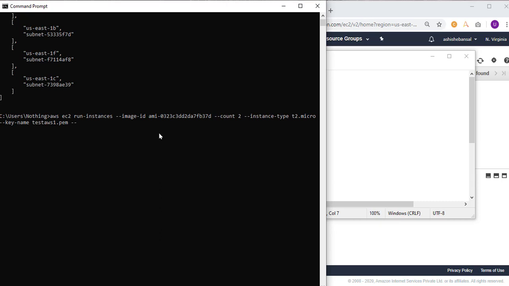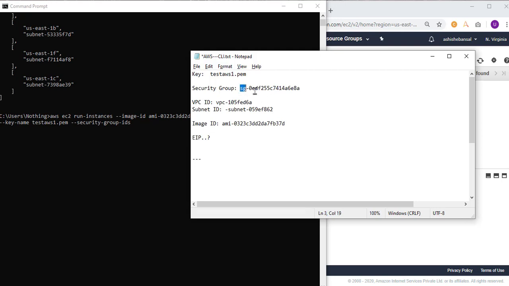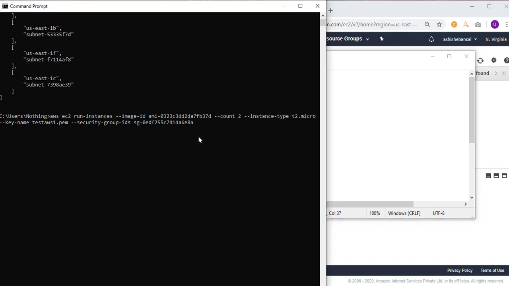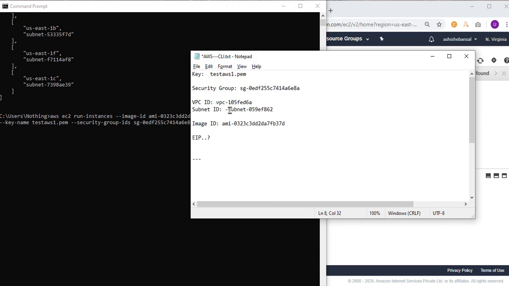Then you will assign it the security group. So I think it will become easy once you have all the requirements listed here. It will be easy for you to understand the command. Now the subnet ID that we got from the VPC ID.